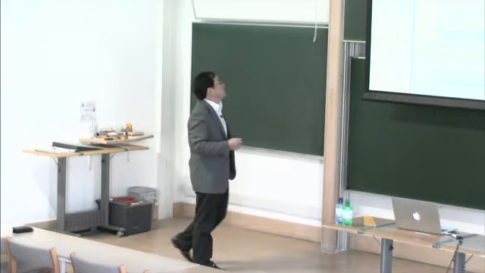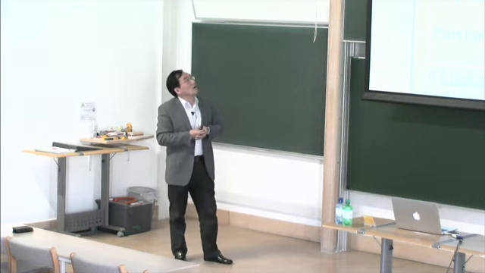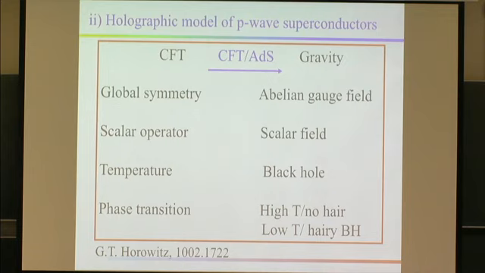Another motivation is to build the holographic model of a P-wave superconductor. According to the CFT/AdS dictionary, to build a P-wave superconductor, we need to replace here. First, suppose we want to have the phase transition in the field theory side. Then, in the gravity side, we need to introduce abelian gauge fields to describe the global symmetry in the conformal field theory side. If the order parameter is a scalar operator, then we need to introduce the scalar fields